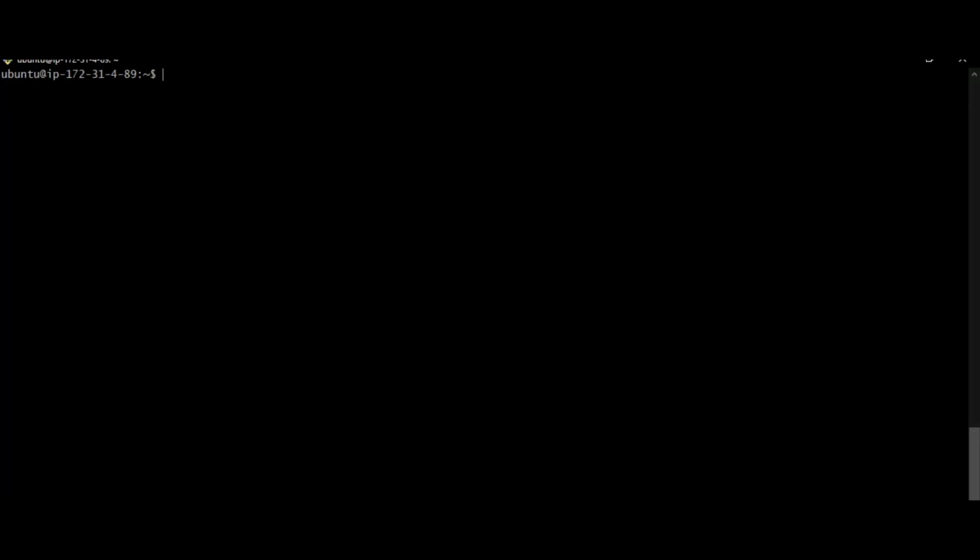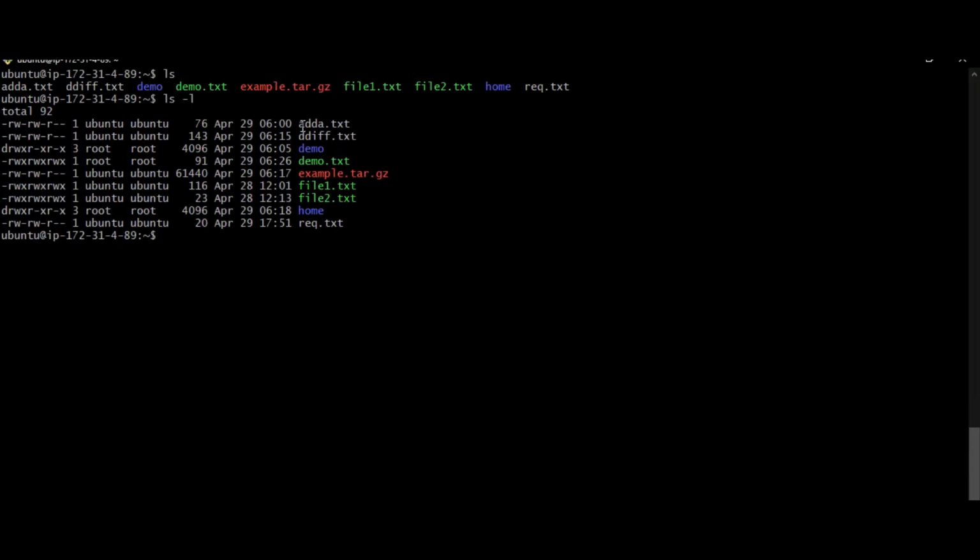And the next command is the list command, the ls command. This ls command is used to list the directory contents. It shows what are the files in this directory and what are the folders in this directory. It will show the entire contents. By using this ls command, we have some flags. By using those flags, we can define the file's status. So by using ls -l, it displays one file per line, like this.